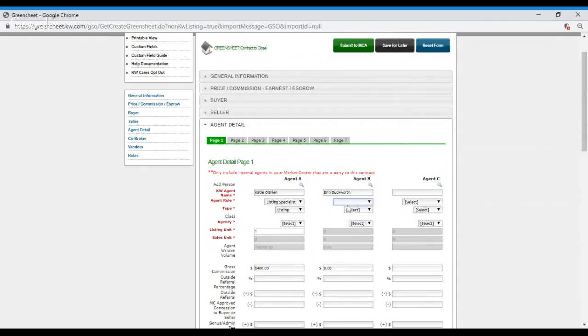So if she's representing the buyer, she's going to be the buyer specialist, and the type is going to be buyer sale. And again, agency can be dual. I didn't mention that before. And then as soon as I changed that type to buyer sale, this sale unit opened up. So she's also getting a unit for this side of the transaction. So again, you can continue to fill out down the rest of this column for Erin's side of the transaction,